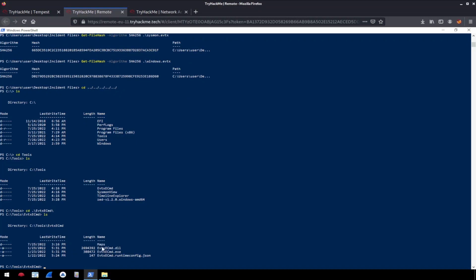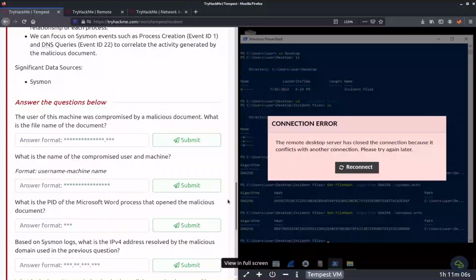So in the file content, we have the maps, we have the EvtxECmd DLL files. We also have the EvtxECmd.exe and the runtime config.json. So we're going to be using this particular file right here to execute our conversion. And if we go back to the room,